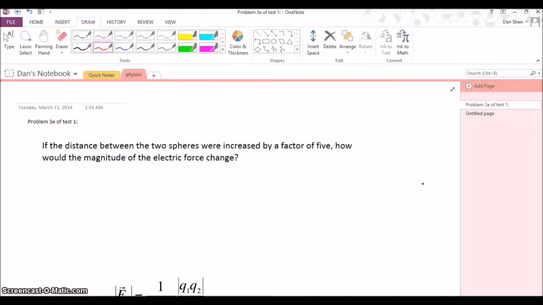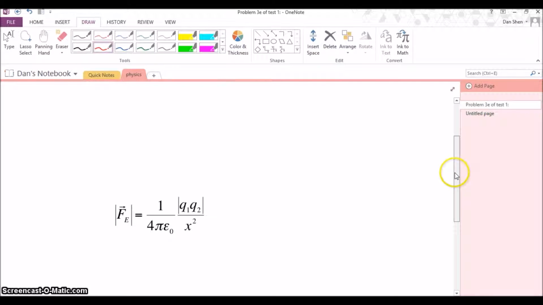But anyways, the question asks, if the distance between the two spheres were increased by a factor of 5, how would the magnitude of the electric force change? Well, first of all, you would need to know the formula for the magnitude of electric force. So it would be equal to 1 over 4 pi epsilon 0 times the magnitude of q1 q2 over distance